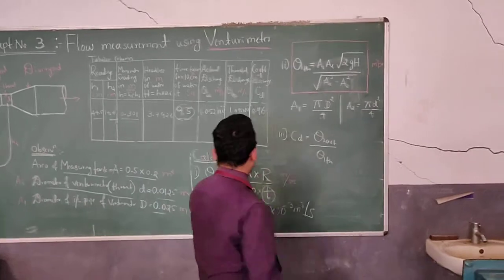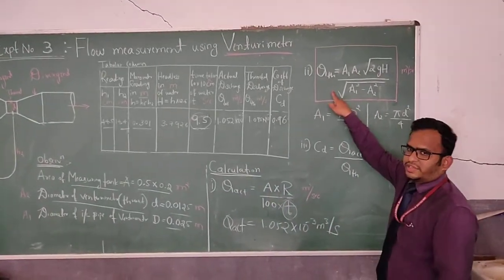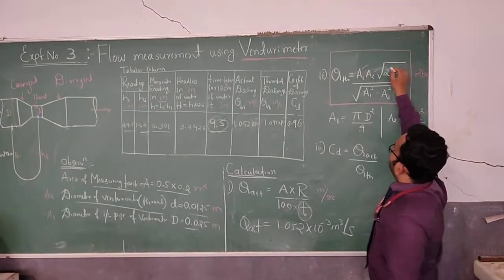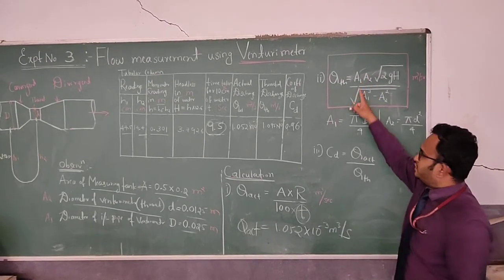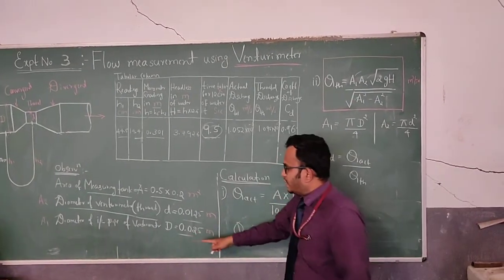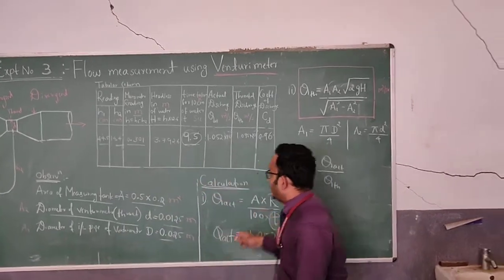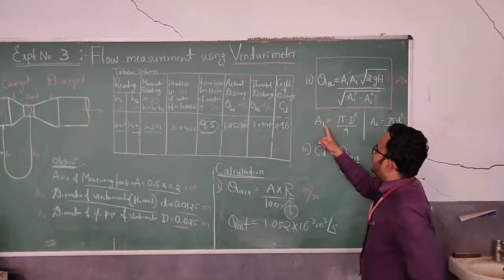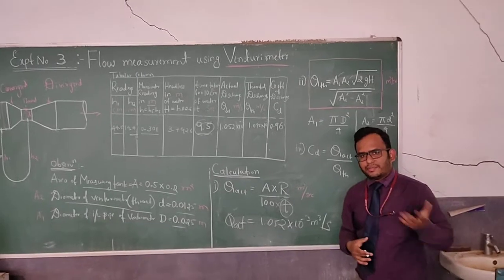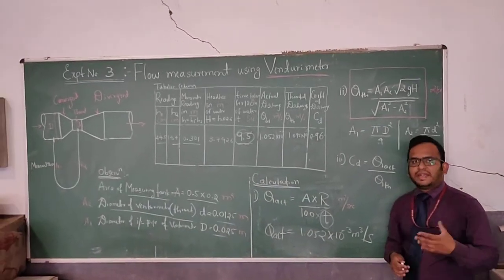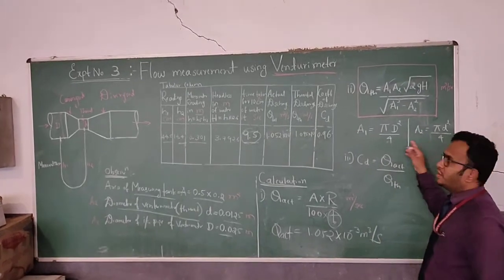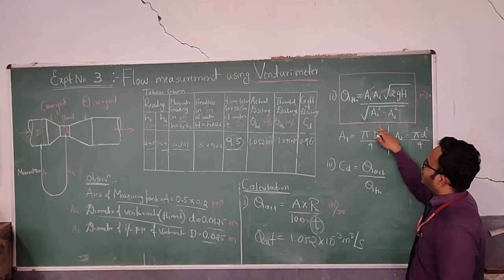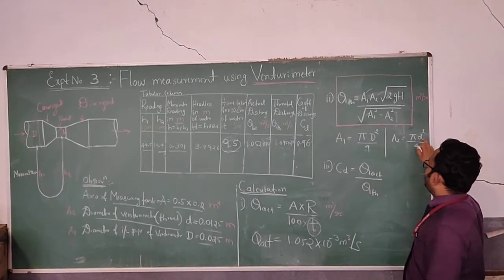After finding the Q actual, we have to calculate the theoretical discharge. This theoretical discharge is mainly for the venturimeter. You can see that there are two terms, A1 and A2. A1 is the area of the inlet of the pipe, and A2 is the area of the throat. If the venturimeter changes, or for some other experiment the dimensions of the venturimeter are different, then this area will change. So based on this experiment, the values we have to substitute: A1 is pi by 4 d square, with d the diameter of the inlet of the pipe, and A2 is pi by 4 d square, with d the diameter of the throat.